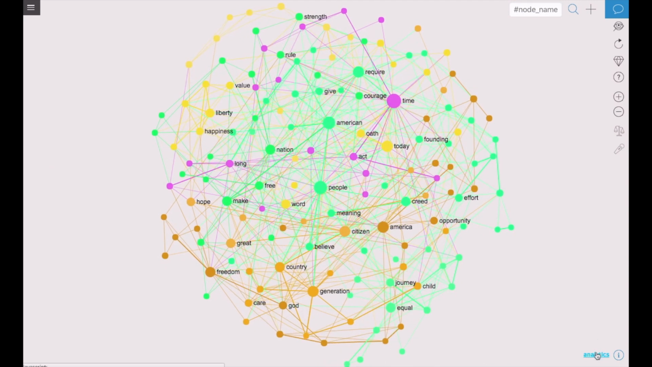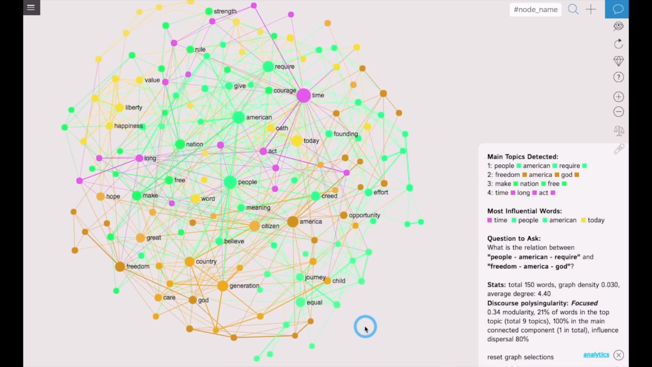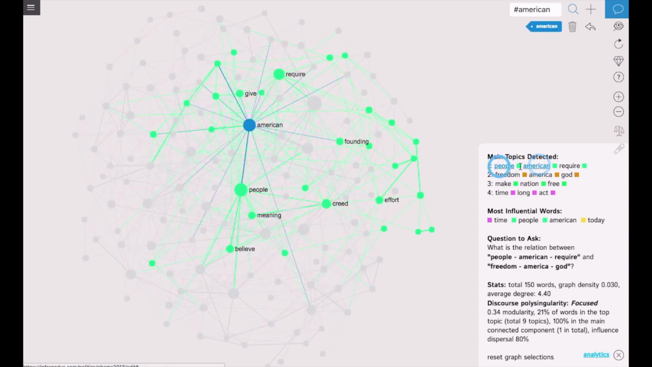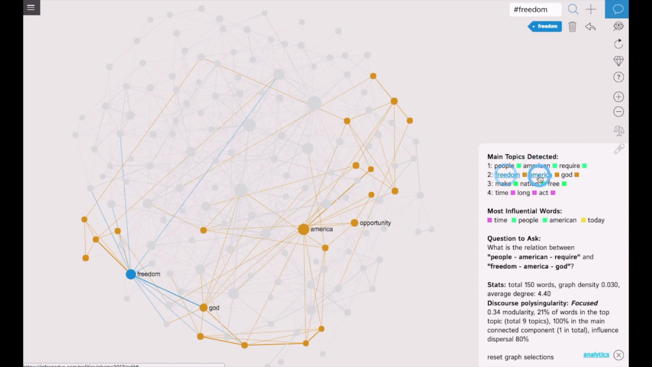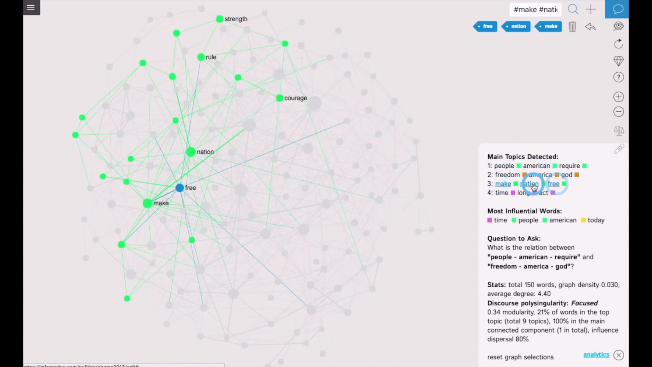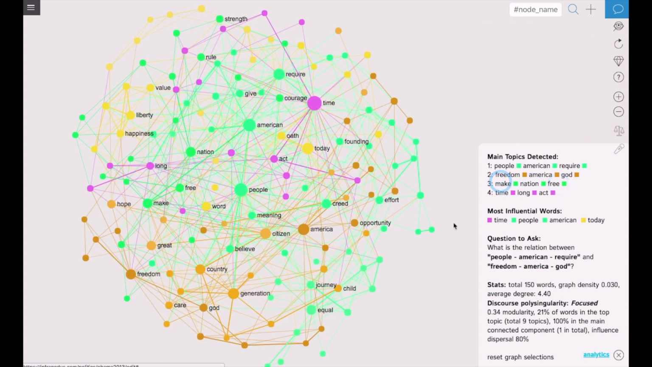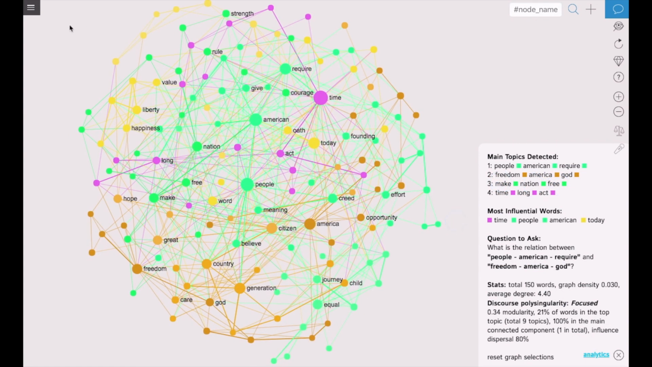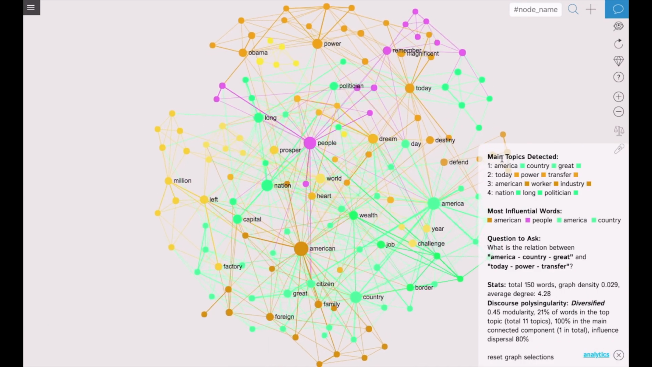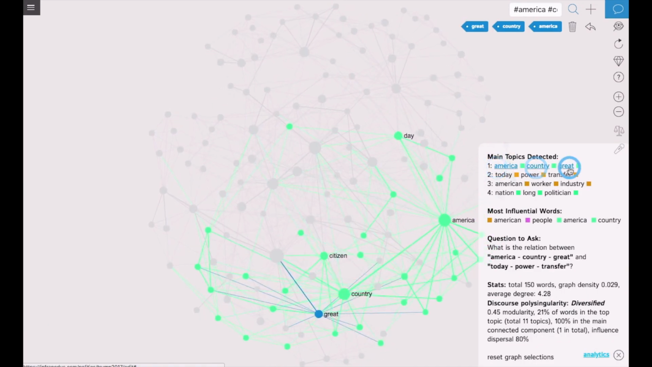First of all, we can look at the topics that are present in these two texts. So, for example, in Obama's speech, the most prominent topic was American people, freedom, America, make nation free. And in Trump's speech, the main terms were America, country, great,